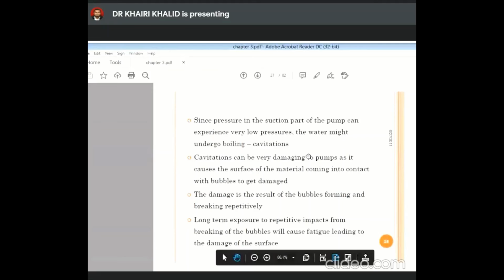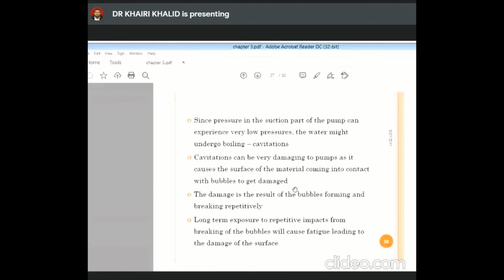The water starts boiling, and then it will produce a bubble. This is the issue actually in the pump. What we call it, the bubble, is the cavitation. The cavitation can be very damaging to the pump as it causes the surface of the material coming into contact with the bubble to get damaged. I will share with you another video to show this, where the bubble will damage the